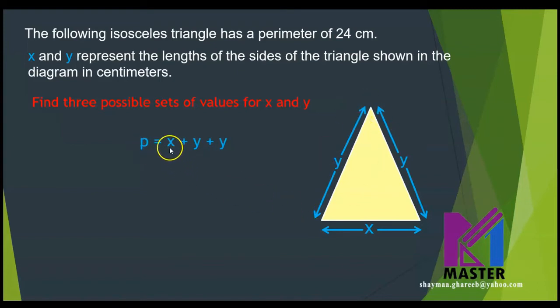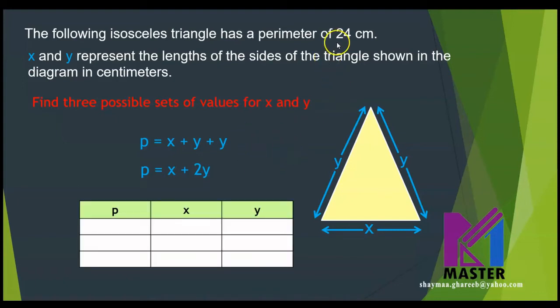This way, P equals X plus Y plus Y from the previous part of the question or the formula. Or I can say P equals X plus 2Y. Is this clear? Now I know in the question that the perimeter equals